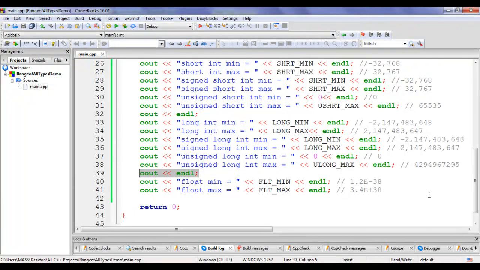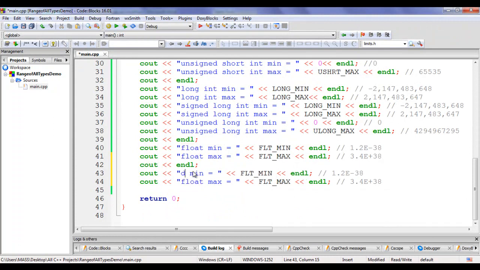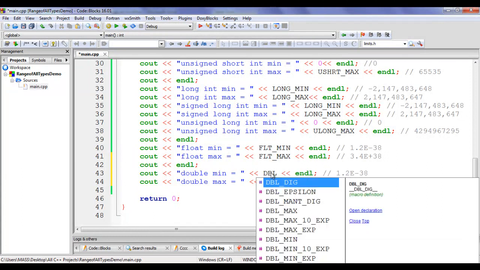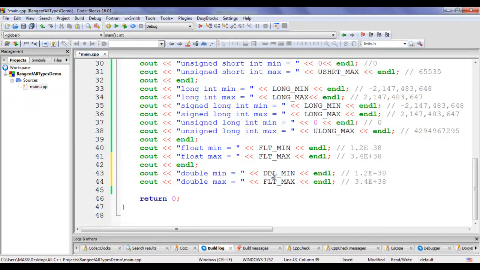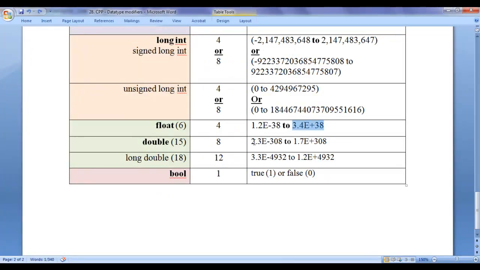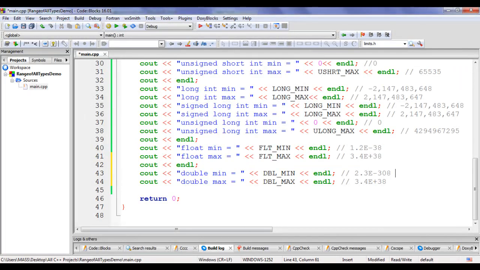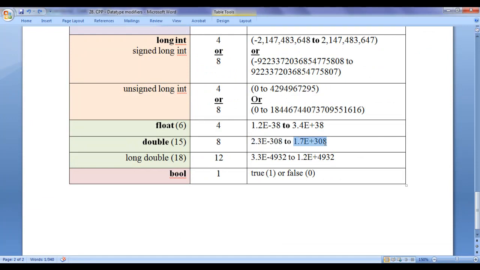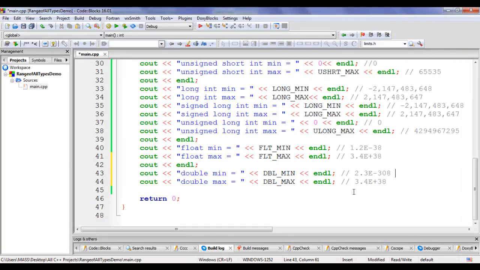I'm going to copy this line of code and paste down. I copy these two lines of codes and paste down. Here I say double min and I say here double max. We have the constant called DBL_MIN, and we have DBL_MAX. DBL_MIN returns 2.3e-308 and DBL_MAX returns 1.7e+308.